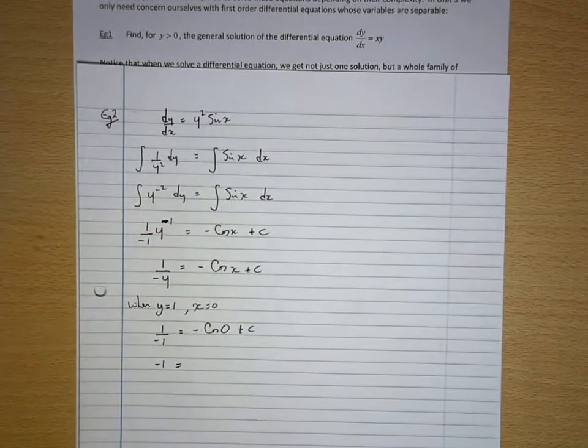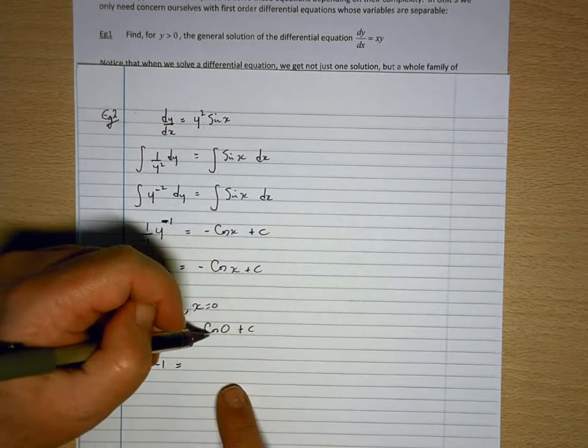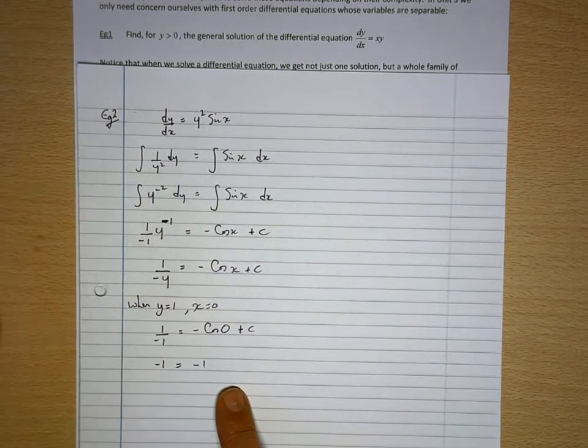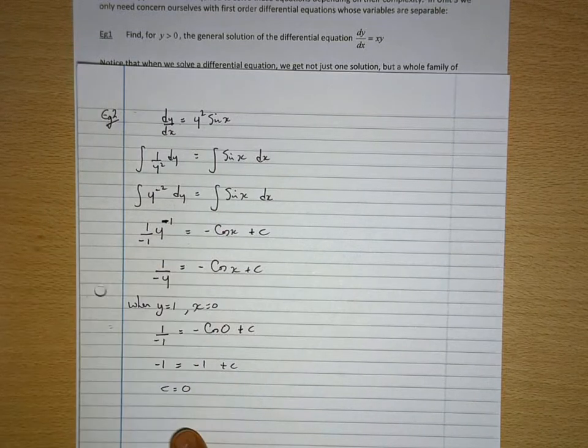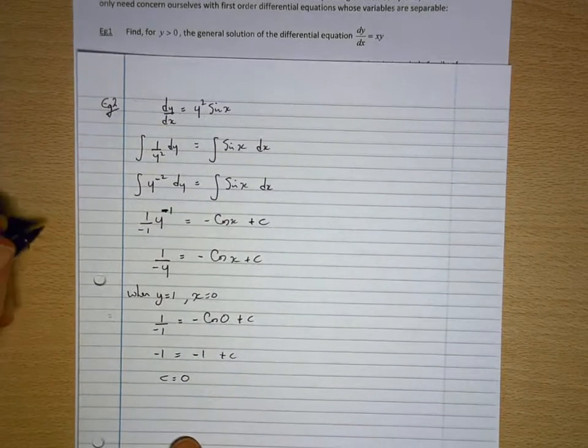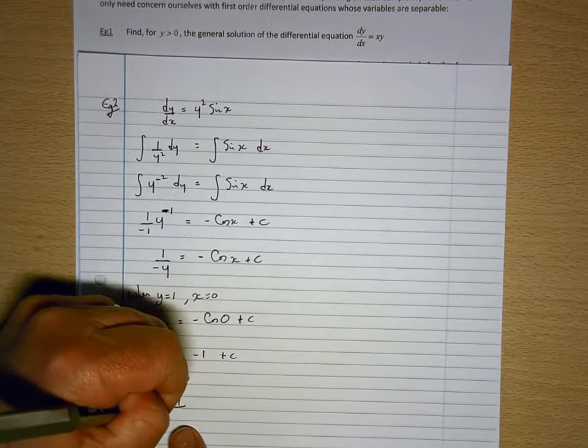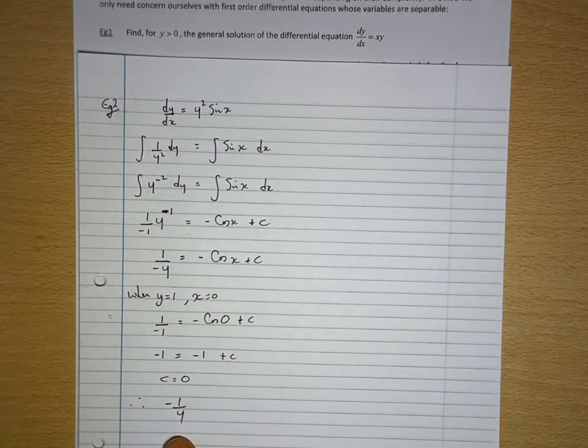So -1 equals, cos of 0 is 1, so that's going to be -1 plus c, so c equals 0. So therefore -1 over y